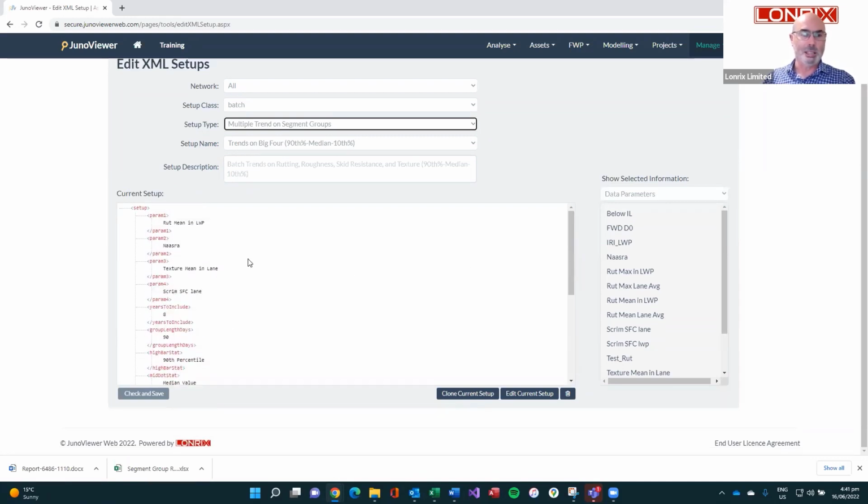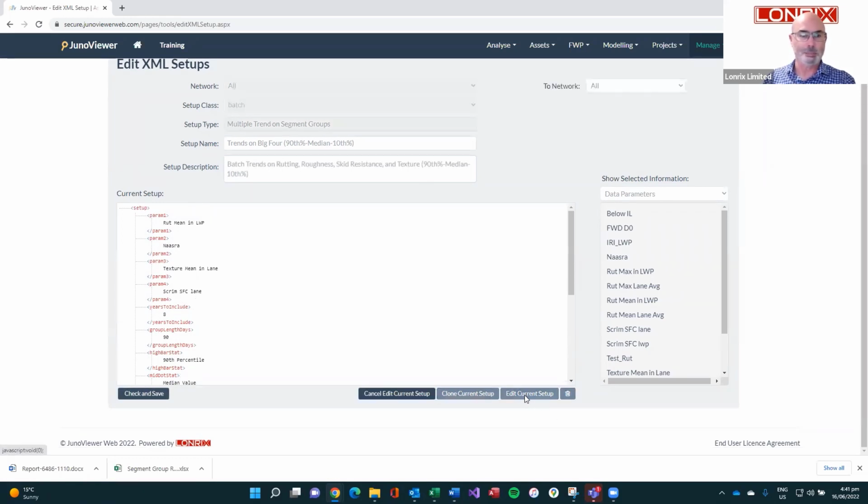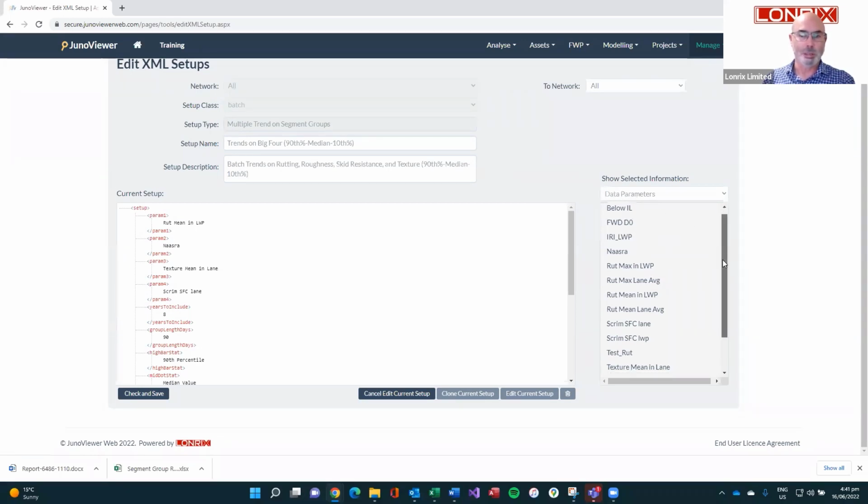Now, if we're saying, well, I'd like to actually look at my rut and my right wheel path, and I'm not interested in my scrim, I would just go into Edit Current Setup. I would then, over the side here, you'll see a list of all the data parameters which are currently available within your network. And you'll see that I have one here